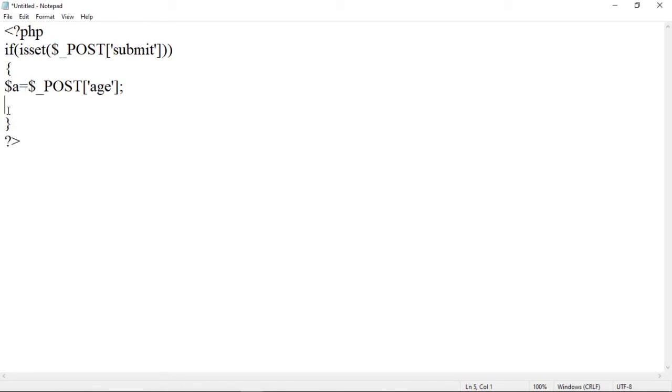So we can add here an if else statement to check whether the age is greater than or equal to 18 or not. So here let us use $a is greater than or equal to 18. If that age is greater than or equal to 18, then a message should be displayed, that is, here let us add a BR tag to have the output on the next line.